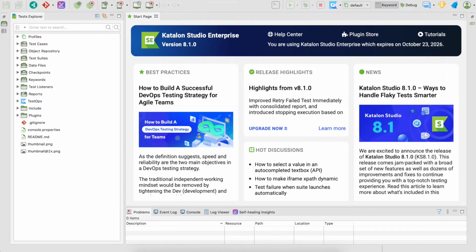You have to download Java and Selenium as a tool and all the jar files related to it, and then you should have Eclipse IDE, where you have to build your code. So there is a lot of stuff that you have to do, but here it is just simple. You just download the tool and do the installation like any other normal plugin software. That's all. So I have installed Catalan Studio, and now we'll go through the overview of Catalan Studio.